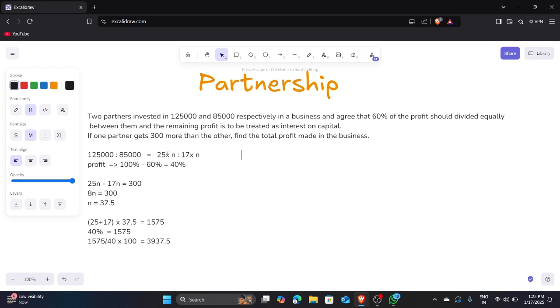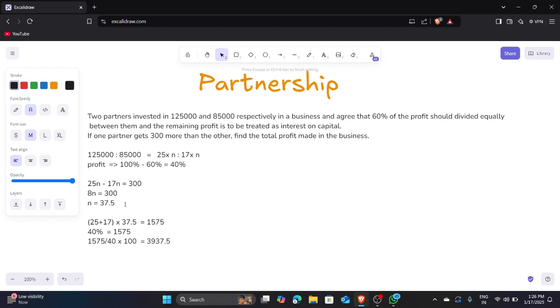So now if you do this, you get the complete numbers. Now it is not ratio into n, it is the original number you get. But what they are saying is the difference between them is 300. So if these are the original numbers after multiplying n on both sides, when you subtract them you obviously get 300. So that is the difference according to the question, and from that you get the value of n.